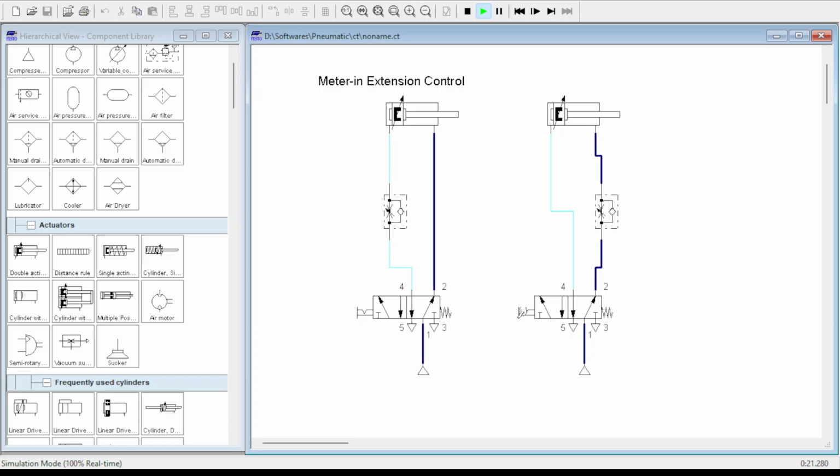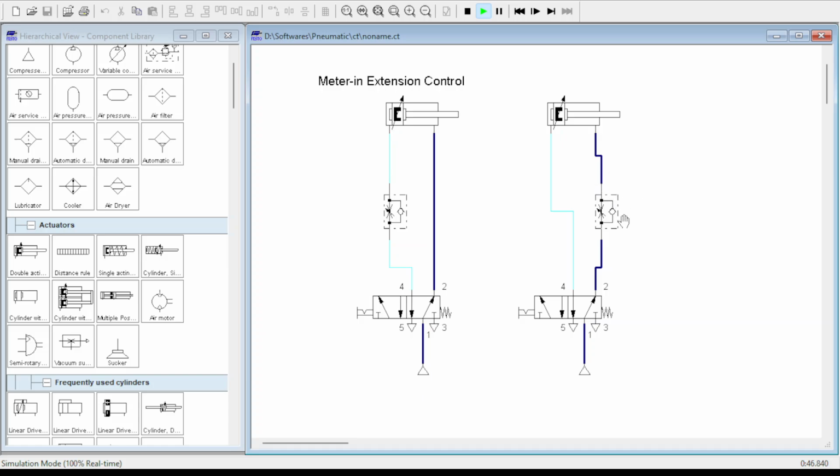So what happens when this cylinder is extending here is, when the cylinder extends, air enters into the cap end, and whatever air that is accumulated inside the rod end of the cylinder will escape out, and as it comes out, it can flow through the throttle. It can also, because of the fluid pressure, crack open the check valve, and it is in the free flow condition between port 2 to port 1 of the check valve.